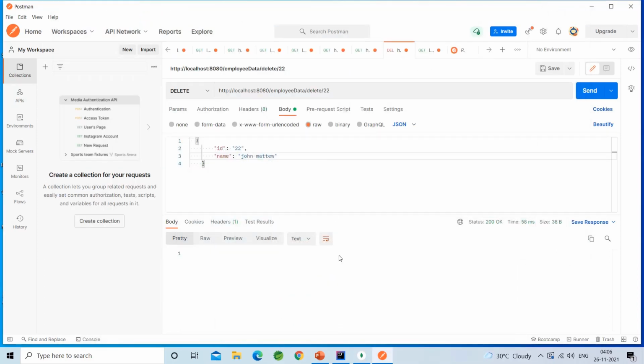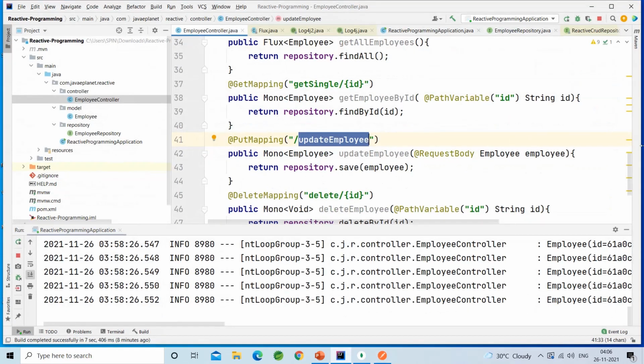Let me make an event by using reactive programming.